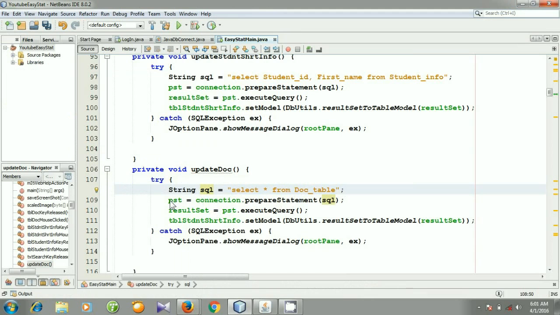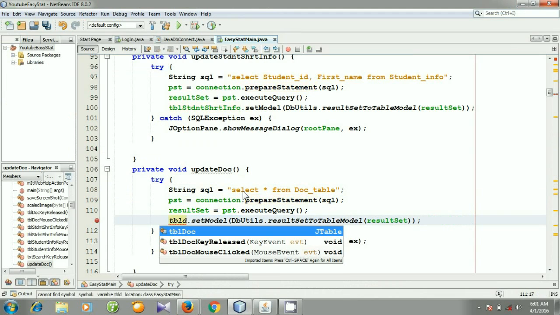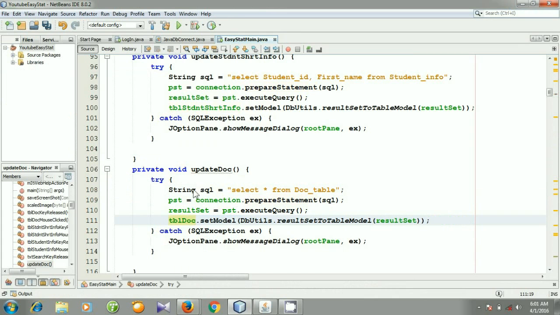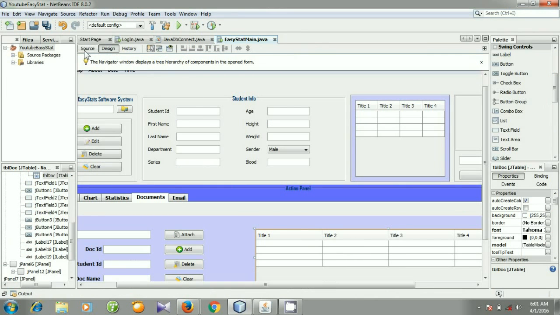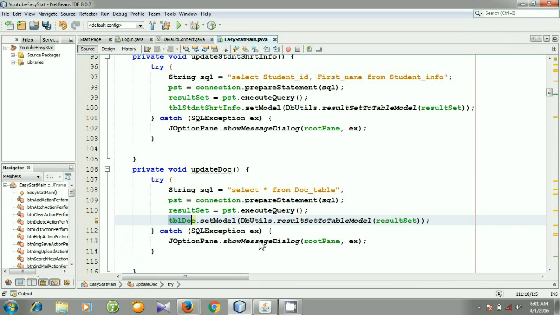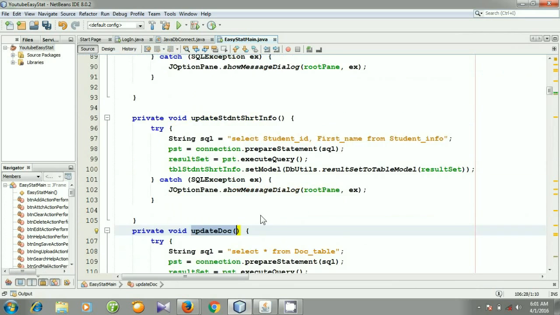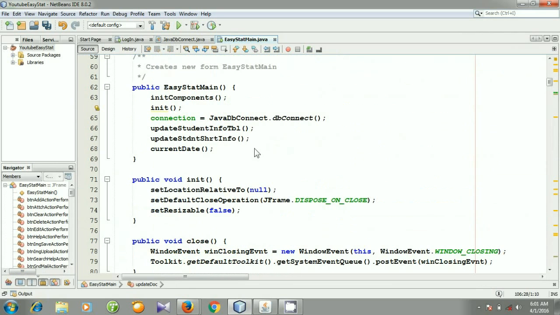And this is our prepared statement and result set, and the table will be set to our document table, that means this table, set model. And now we need to call this method within our constructor.